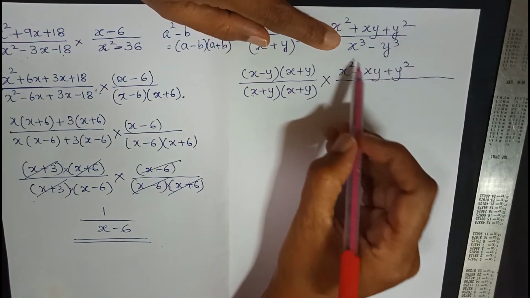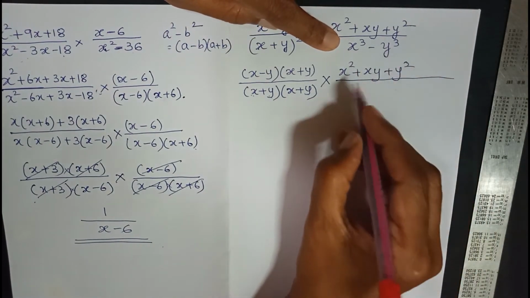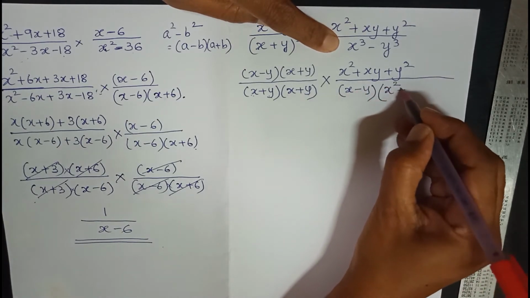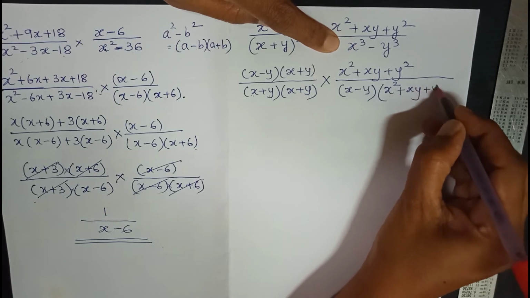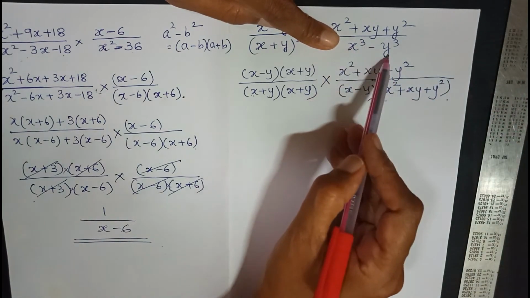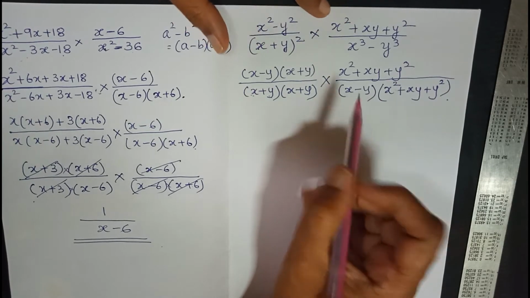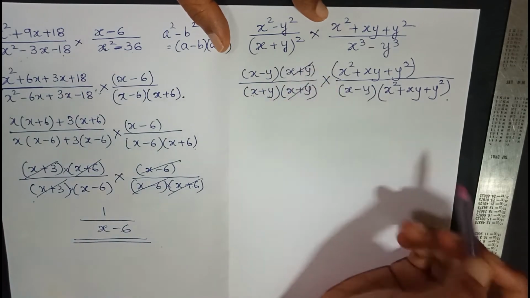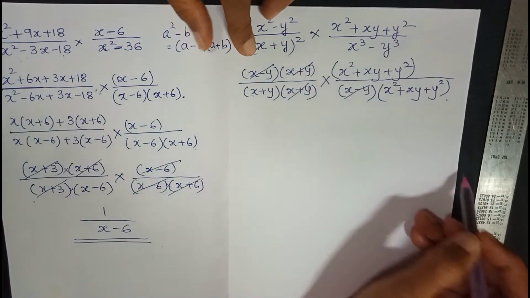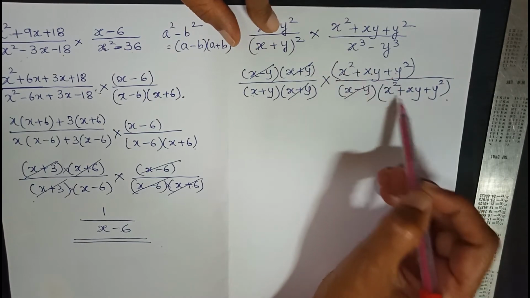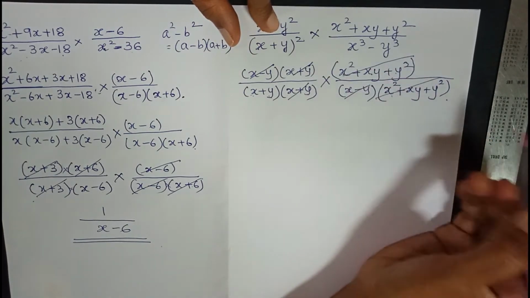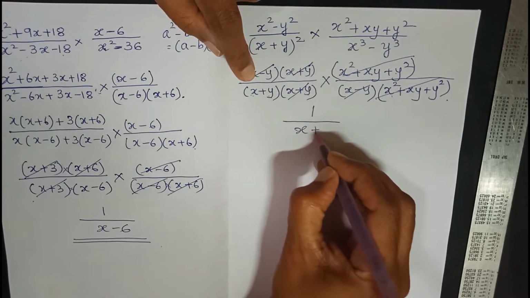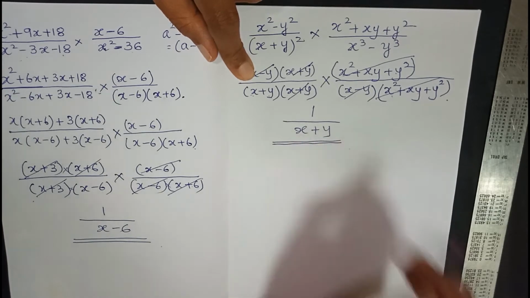Now this denominator is in the form a cube minus b cube. We have just learned the formula a minus b in the bracket a square plus ab plus b square. This is the formula of a cube minus b cube which we have seen in the last video. Now we got all of them in brackets. Now let us see what we can cancel. 1 x plus y we can get cancelled, 1 x minus y can get cancelled, and you can see x square plus xy plus y square is same. The entire bracket gets cancelled. So again in the numerator nothing remains, and in the denominator only x plus y remains. So this becomes the answer.